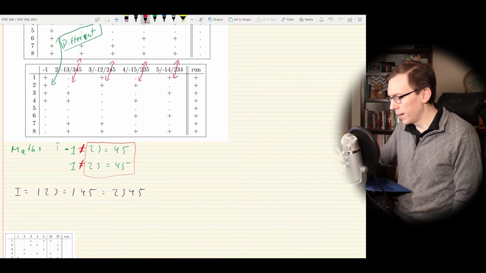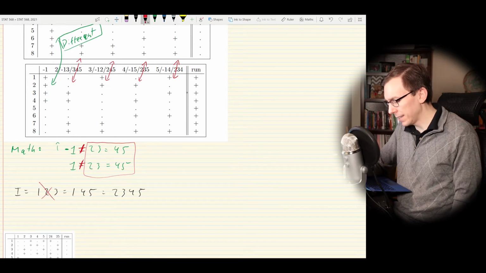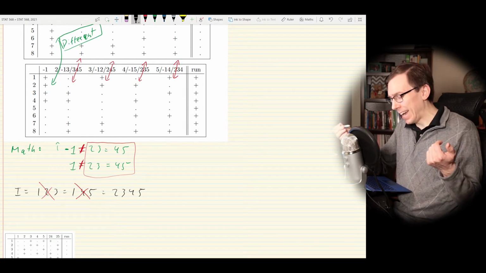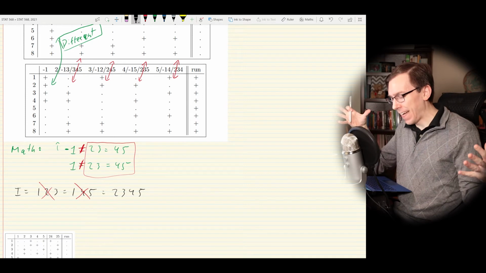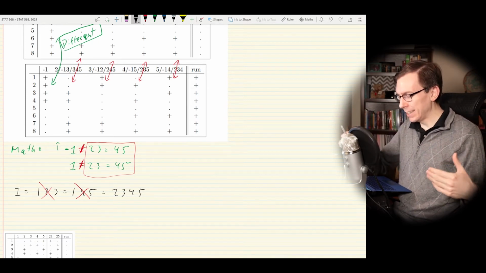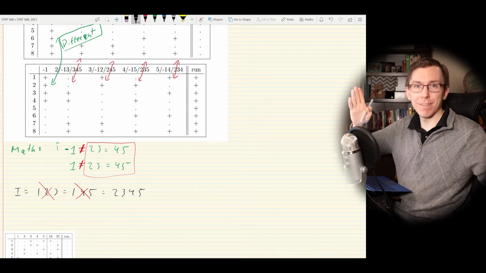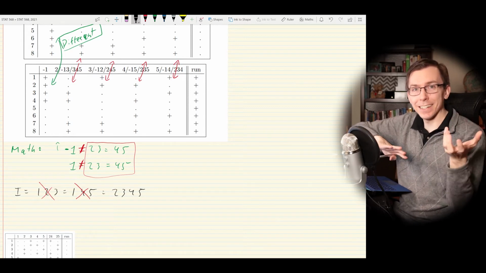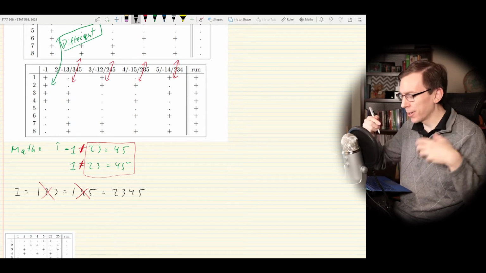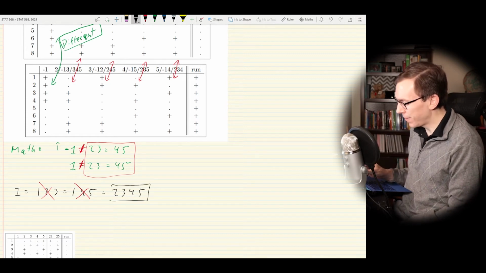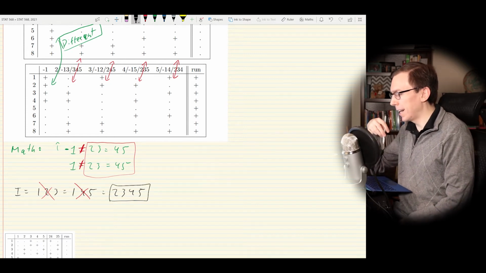flipping the value of 1, what I'm effectively doing is deleting this, and I'm deleting this one because they both have a 1 in them. And by flipping the 1, I have now destroyed that aliasing relationship with the identity, because in the first set of the design, they would take the value of 1. They'd correspond to the identity. In the second design, they'd be negated and they'd be -1. So now they no longer coincide with the identity, whereas 2, 3, 4, 5 still does coincide with the identity